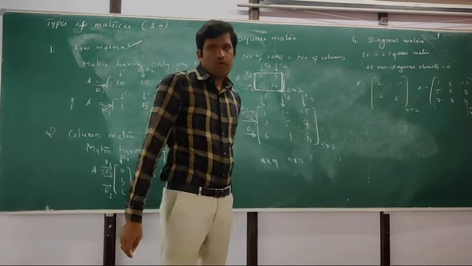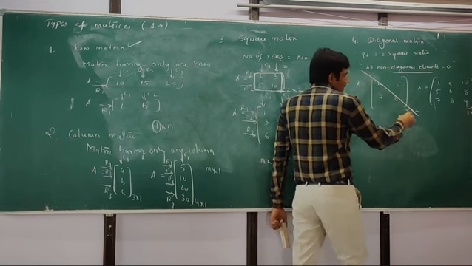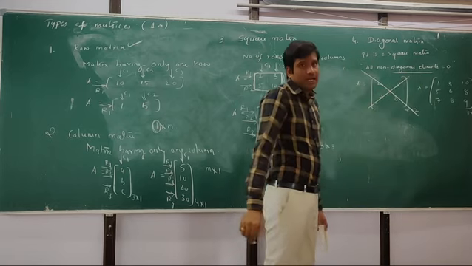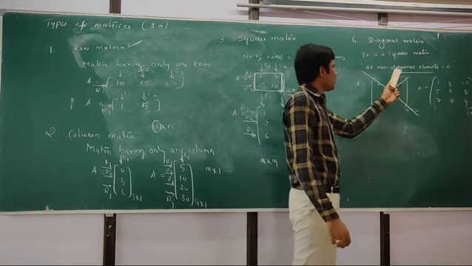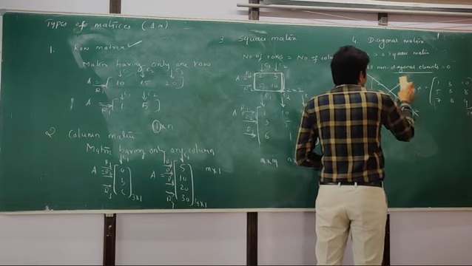See here. What is the meaning of diagonal elements? In any square matrix, we have a diagonal. The elements present here are called diagonal elements. Again, we have 2 diagonals. This is called the principal diagonal, and this is called the secondary diagonal. But here, when we talk about the diagonal, it means only 1 diagonal, that is called the principal diagonal.